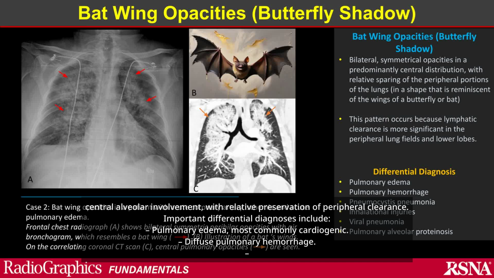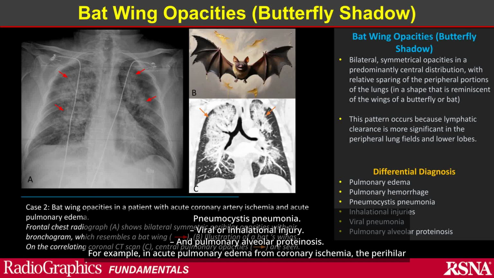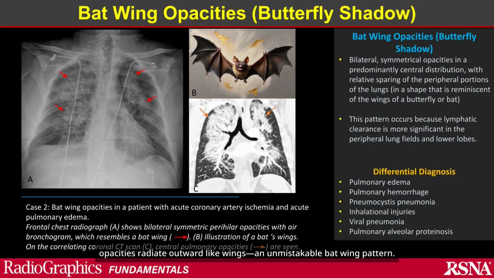Important differential diagnoses include pulmonary edema, most commonly cardiogenic; diffuse pulmonary hemorrhage, pneumocystis pneumonia, viral or inhalational injury, and pulmonary alveolar proteinosis, for example. In acute pulmonary edema from coronary ischemia, the parahilar opacities radiate outward like wings, an unmistakable